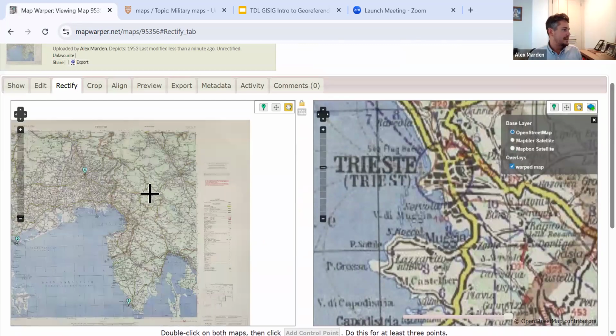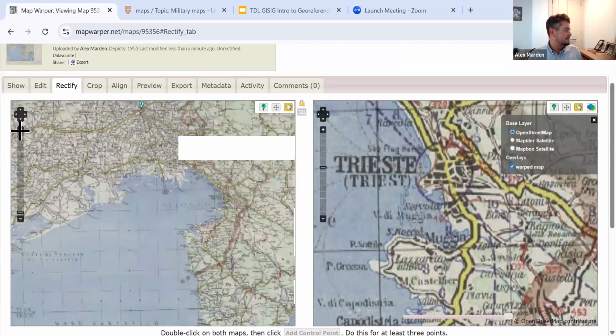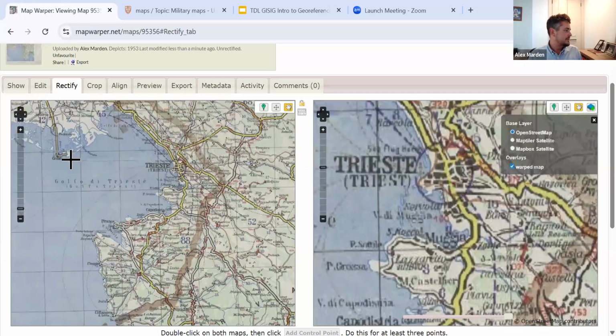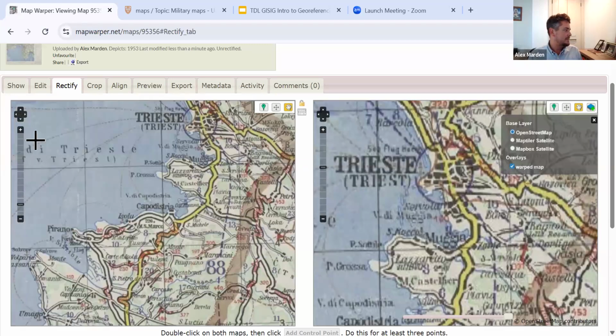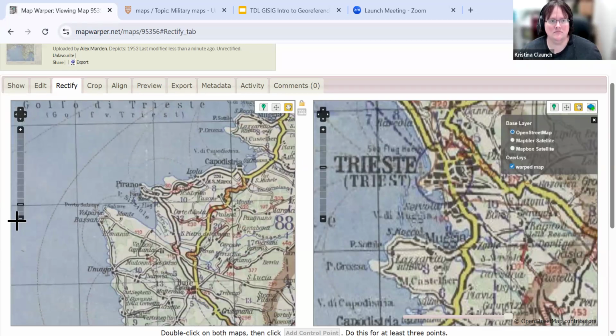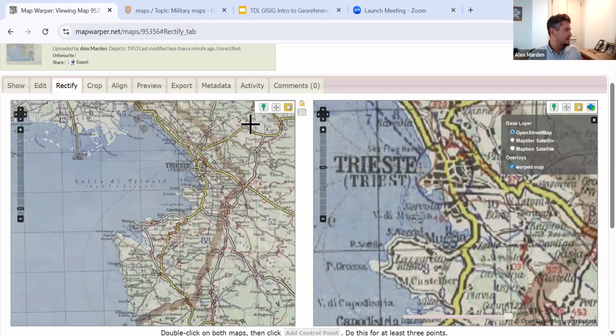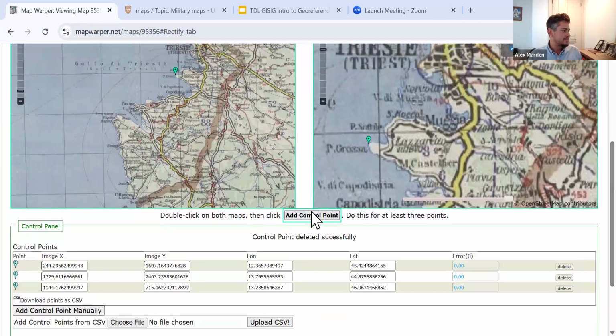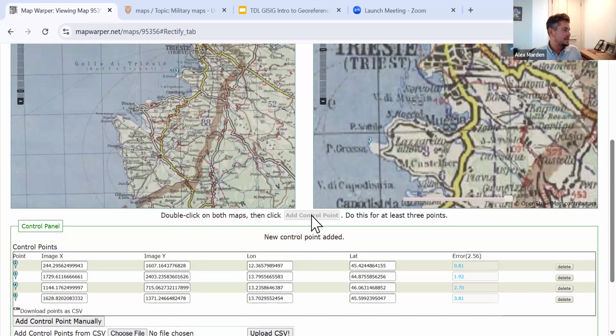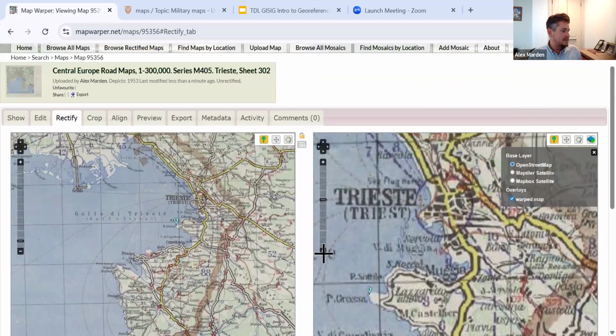Yeah, and go back and add that in. So re-navigate here to that point, and add that in, and then do the corresponding point. Add control point. Okay. Yeah, and now you can see,